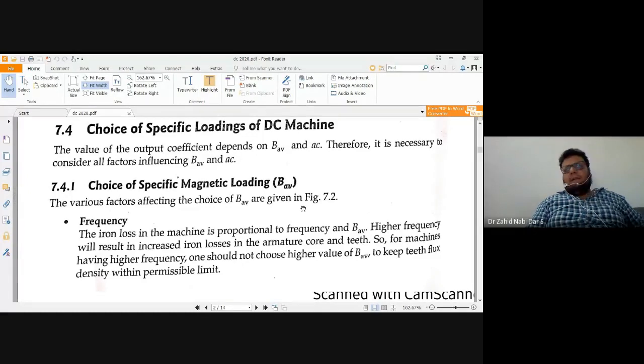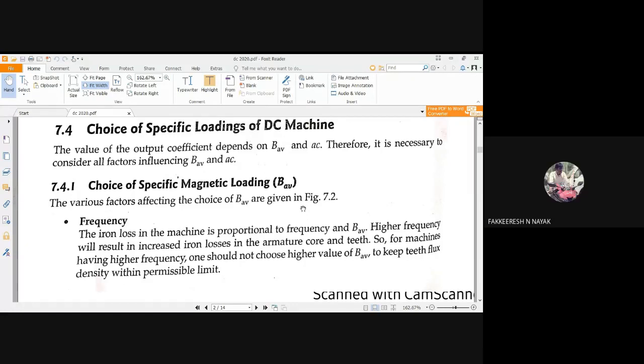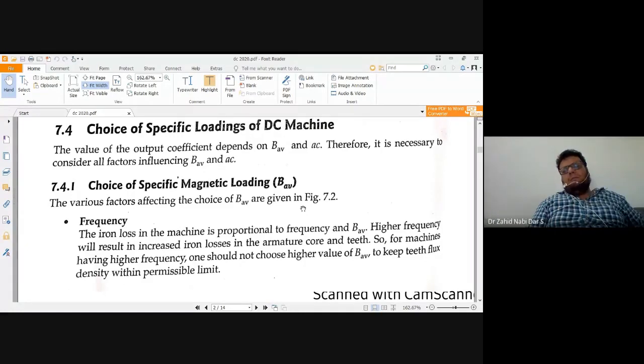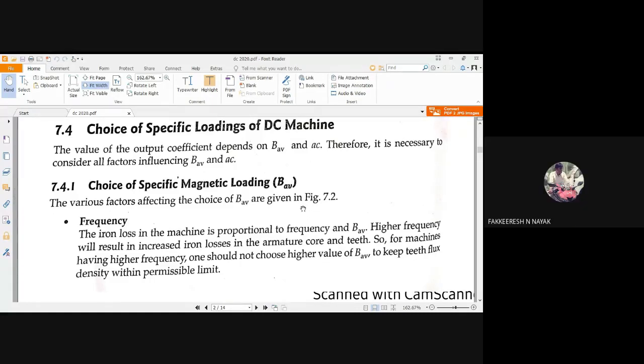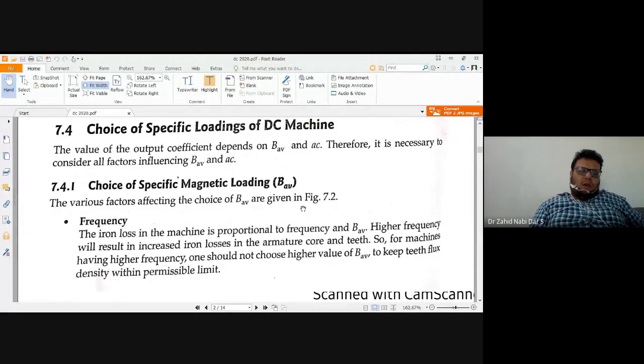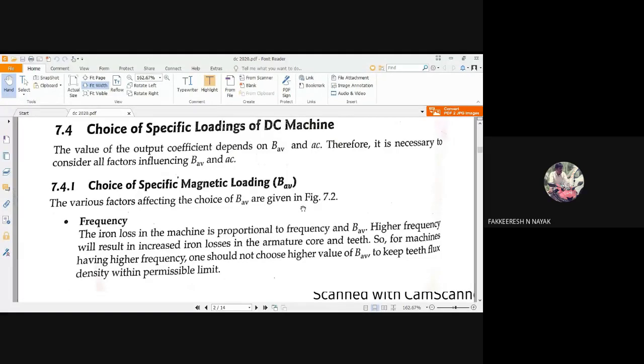I have a very important question to ask you. Suppose inside the DC machine we are giving DC supply. Are we giving DC or not? Okay, you are a diploma student, so you must be knowing a lot. You can teach me also.